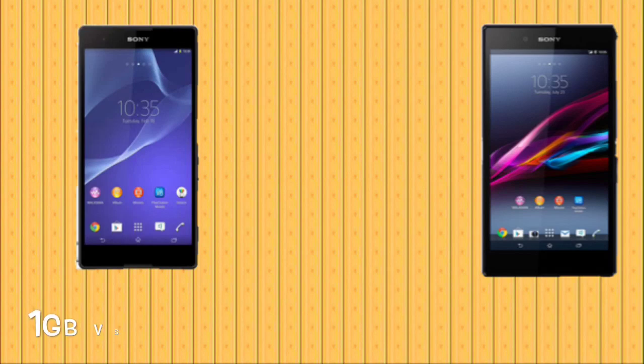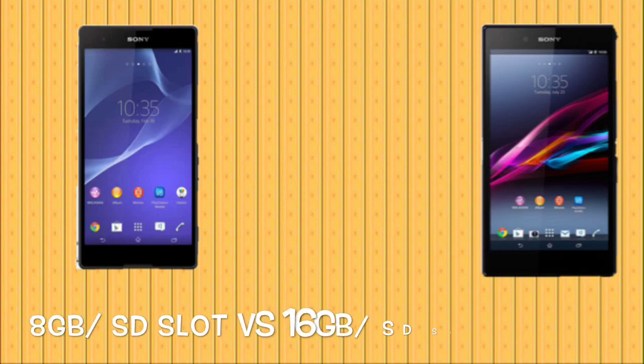Looking at the RAM on both devices, we get 1GB of RAM on the Sony Xperia T2 Ultra versus 2GB of RAM on the Sony Xperia Z Ultra. Looking at the storage on both devices, we get 8GB of internal memory on the Sony Xperia T2 Ultra versus 16GB of internal memory on the Sony Xperia Z Ultra. And in terms of the storage expansion, both devices come with micro SD slot options, which support up to